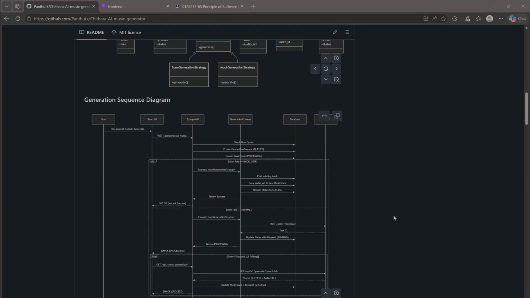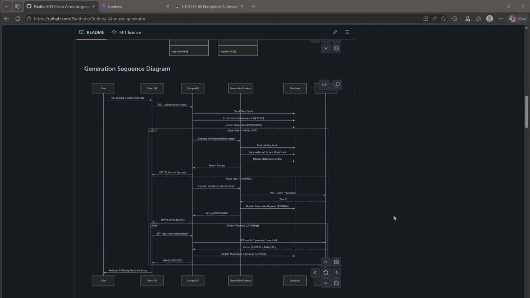So let's continue to our generation sequence diagram. As you can see, it starts with the user filling in a prompt, and our React UI posts the generate music API to our Django API.